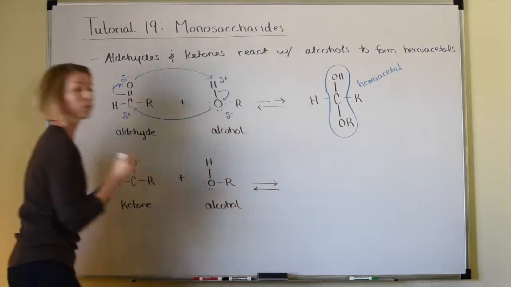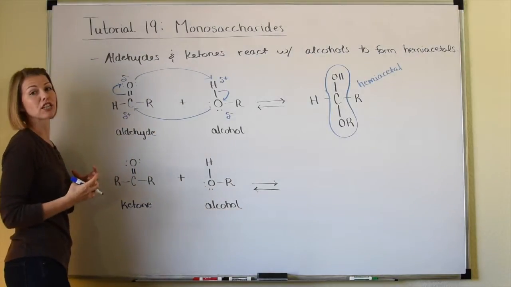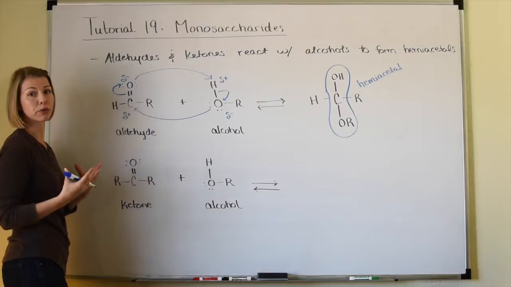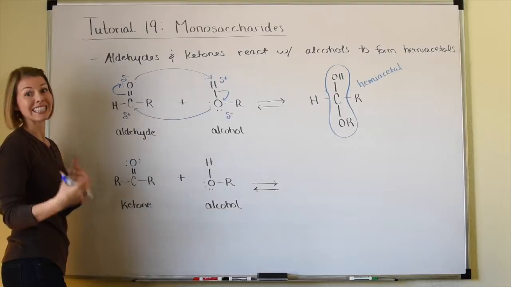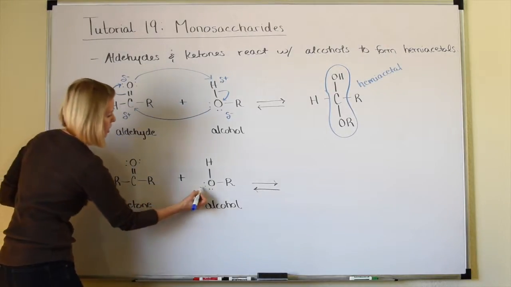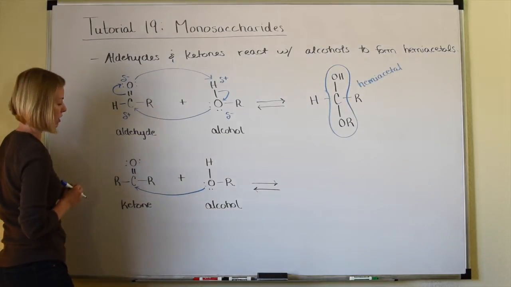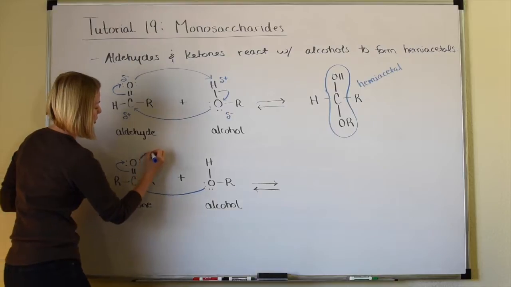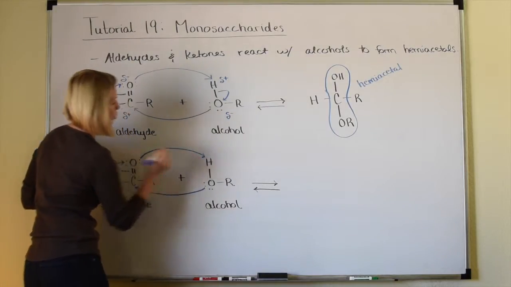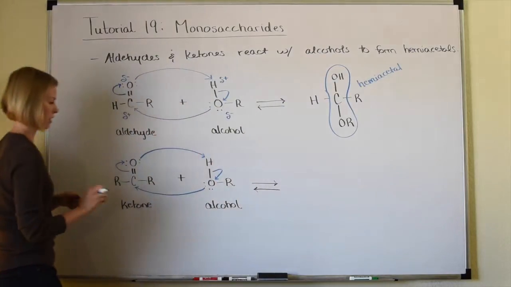All right, going to the blue pen. And again, this is not the mechanism for this reaction. This is just a method that I hope will help you to see what bonds break and what new bonds form without going through that detailed mechanism for the reaction. So partial negative oxygen attracted to that partial positive carbon of the carbonyl. This turns into a single bond, partial negative oxygen attracted to a partial positive hydrogen, and this bond breaks. Okay,